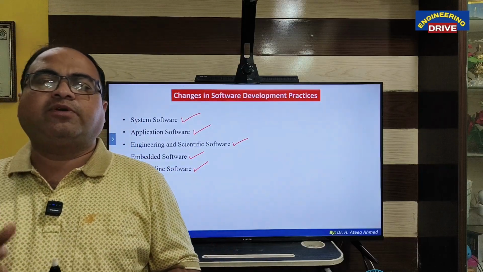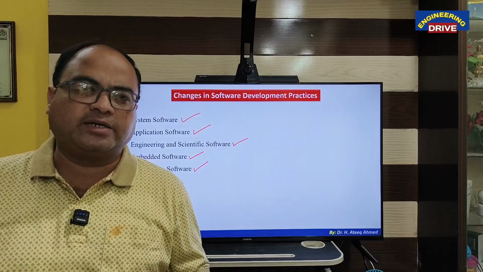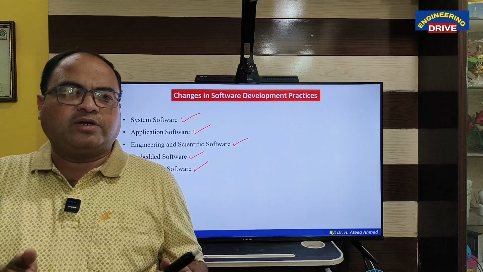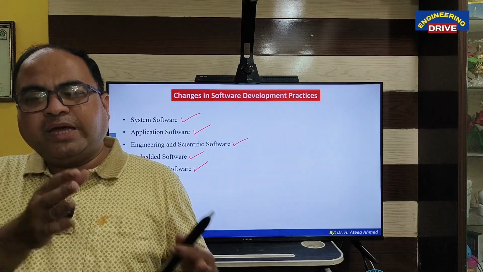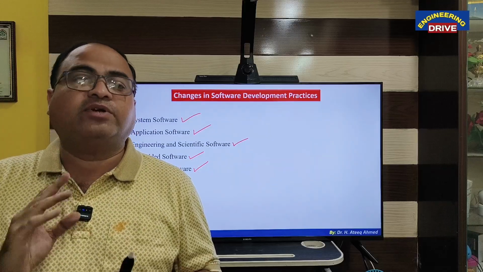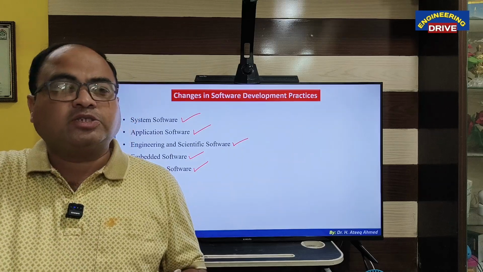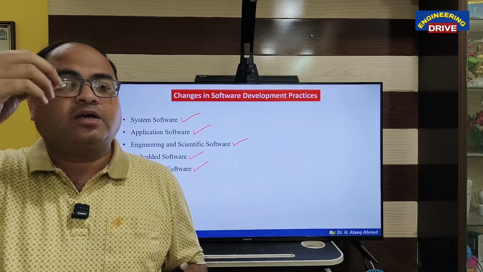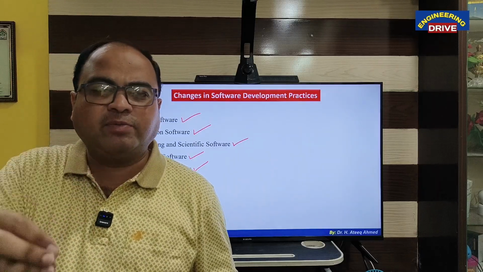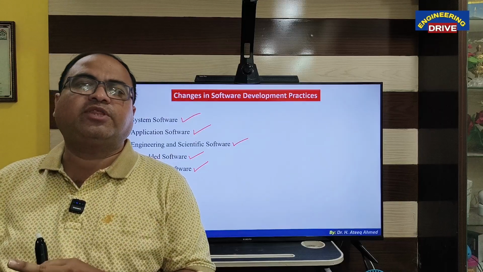My dear students, when we purchase any type of hardware, let us say I have purchased one printer and I want to connect it to my computer. So the printer is hardware. In order to make that printer work, along with the printer I need to install drivers. Drivers here means the software that will make the printer work and communicate with the computer. That is the meaning of driver: it will drive the printer to collaborate and communicate with the computer.